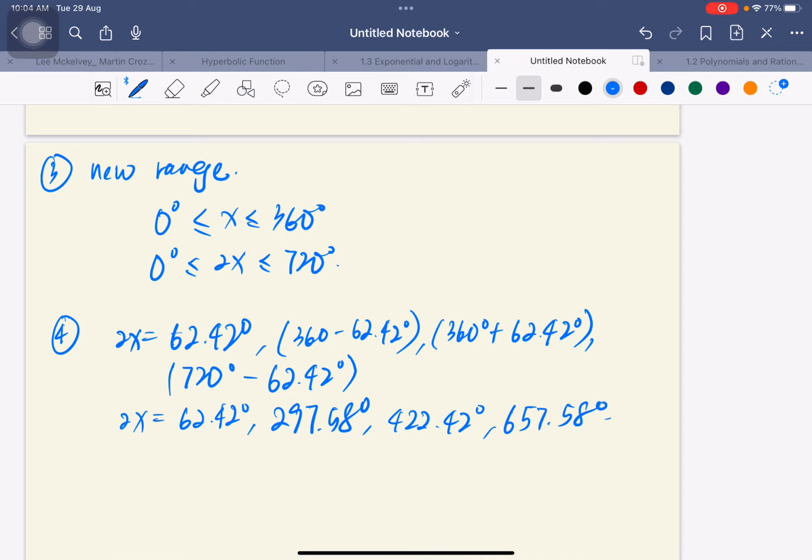So what we're trying to find is x, so we need to divide by 2 for everything because